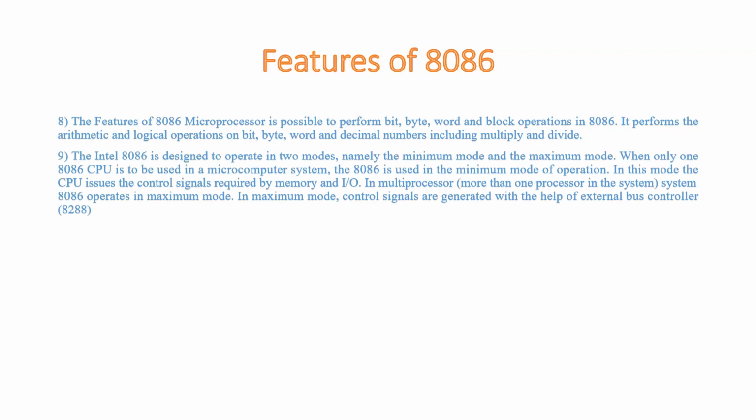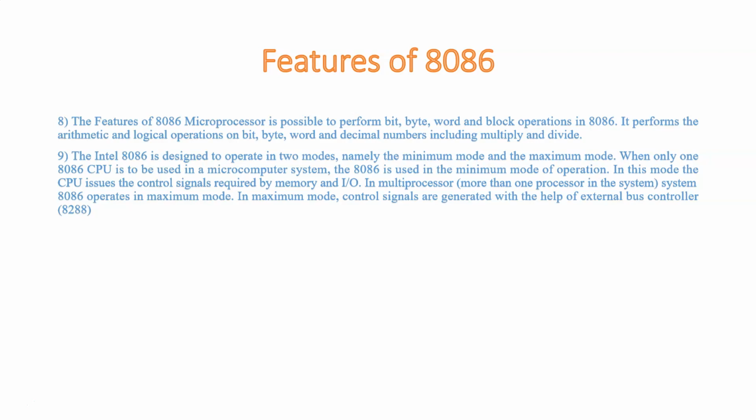And 8086 can operate in two modes. One is minimum mode, the other is maximum mode. Minimum mode means only one single processor is available in the system. Only one 8086 is available. Maximum mode means more than one 8086 is available in the system. So if it is only one 8086, it is called the minimum mode of operation. If more than one 8086 is available, that is 2 or 3 8086s, then it is called the maximum mode